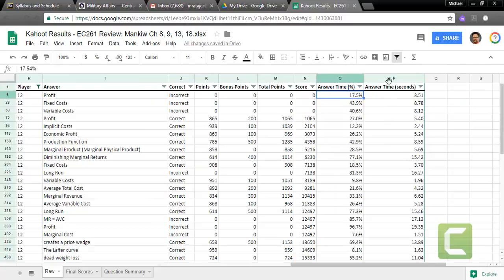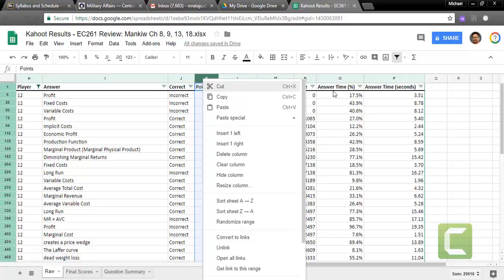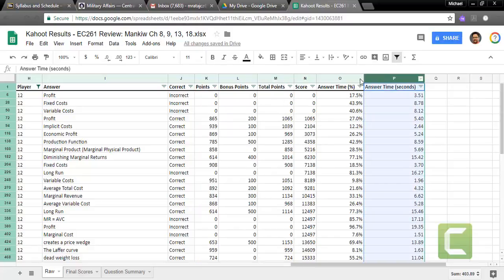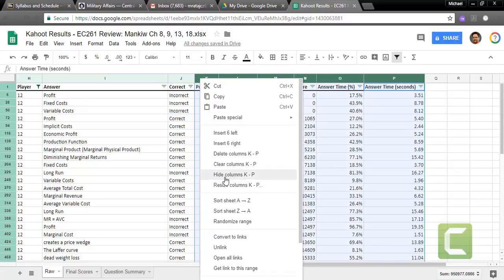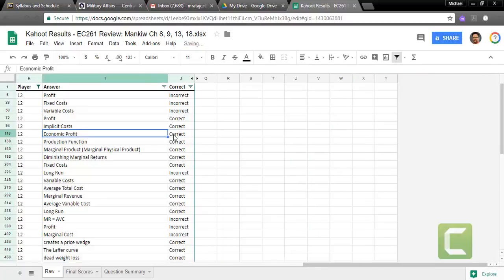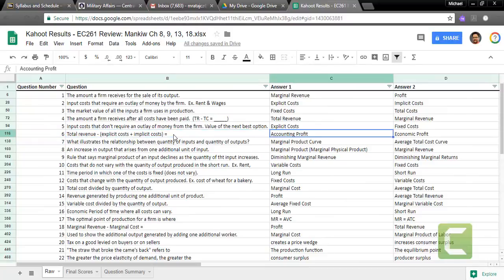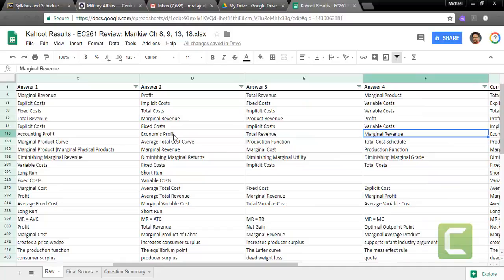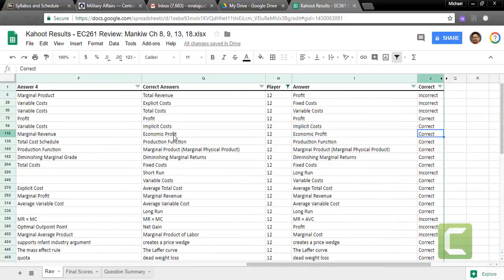Answer time, answer seconds. Ultimately, I'm just going to hide these. They're nothing important here. I'm just going to hide them because you don't need them for studying. Now, I highly suggest you look this over because, as I was explaining at the end of the class, I put together these 50 questions, and I explained pretty much all of them at the end. And so you can always go back to the integrity video that is in our class. I uploaded that as I walked through each question.